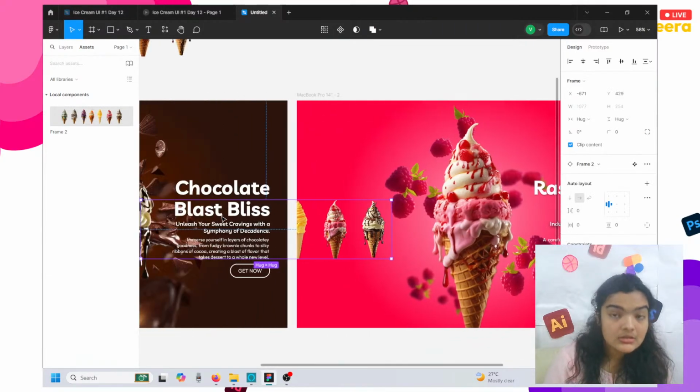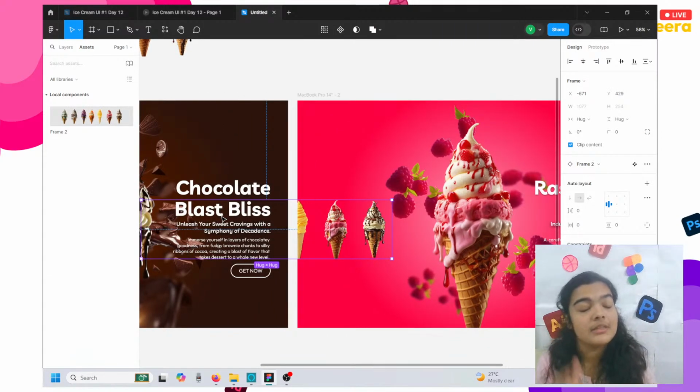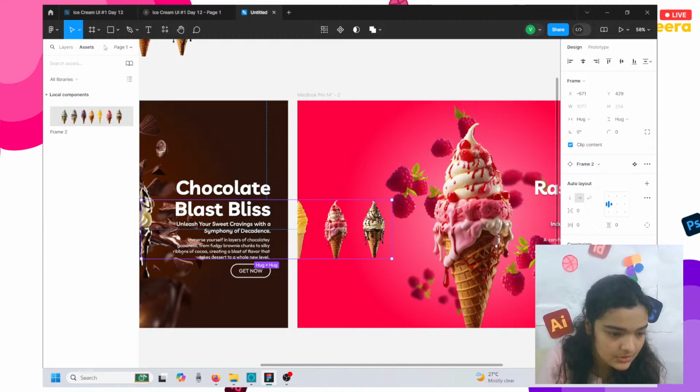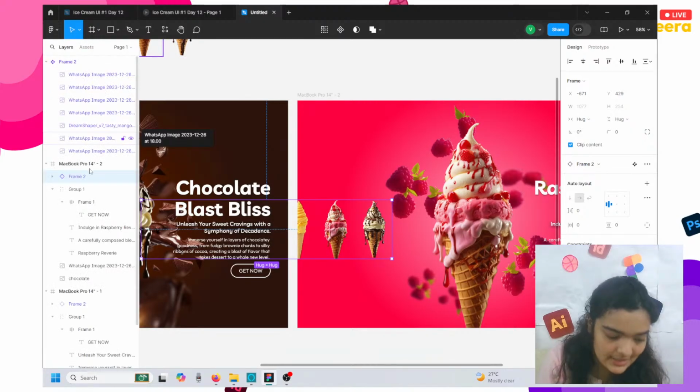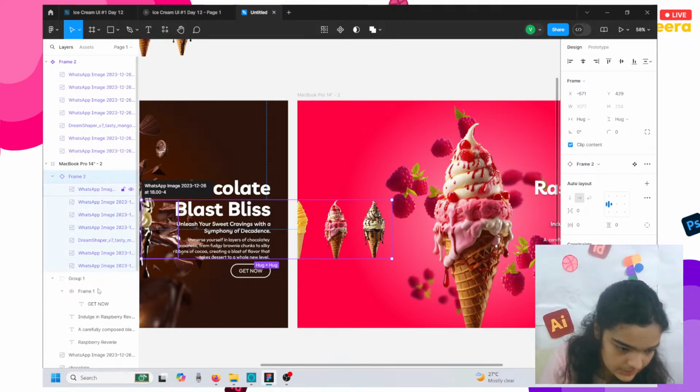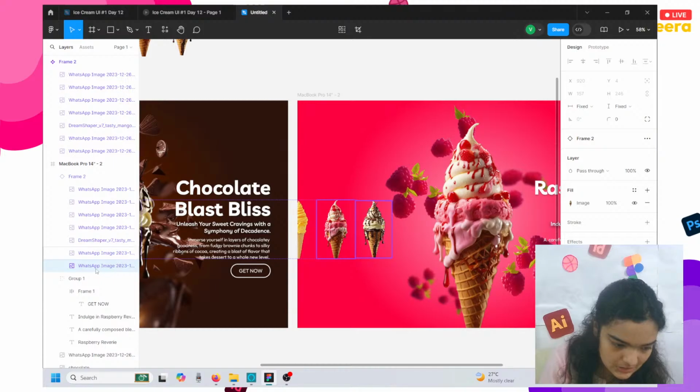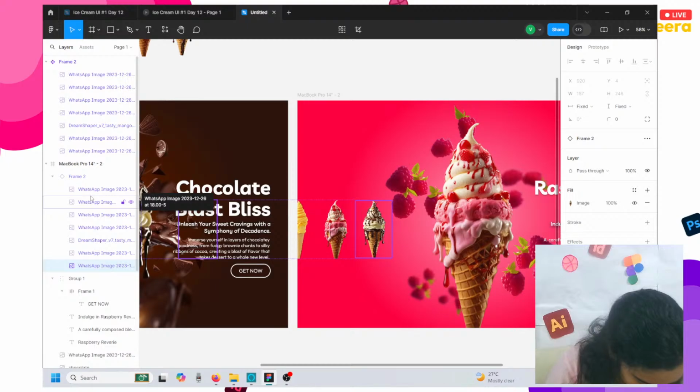Next is, you're going to be blown away by how simple this is. So just pay attention to the screen a little bit. Go to your layers section. You have a component. You're going to go to the first image, which is this one, drag it all the way to the back, and what that's going to do is,